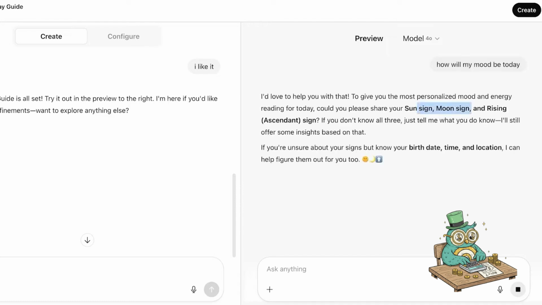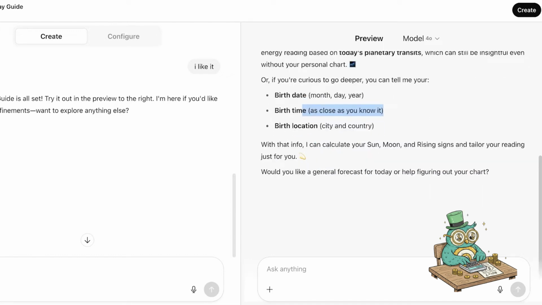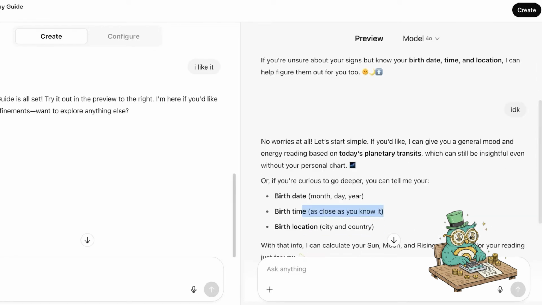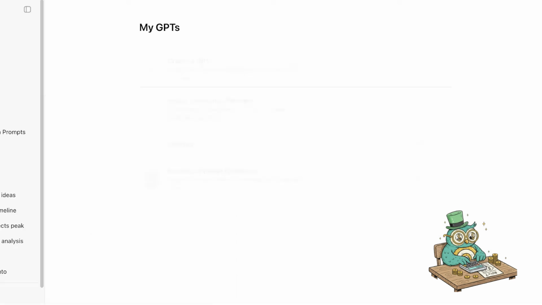So share your star sign, moon sign, and rising sign. If you don't know these, I'll still offer you some insights based upon that. So if you're unsure about your signs, share your birthday, time, and location. IDK. So from here, we're going to specify our birth date, birth location, as well as birth time, as close as you know it. So then it is going to calculate our star sign for us, and then it can proceed with its prediction. Now you can see how it has configured exactly what we're trying to do with this particular model. Once done, you can just click on create on the top right,